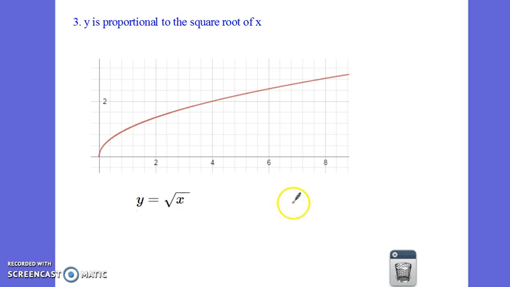Okay, our third parent function looks like this. Y equals the square root of x. So here's our y variable, here's our x variable. Maybe this is if you're a bodybuilder and you're lifting weights. So this is the